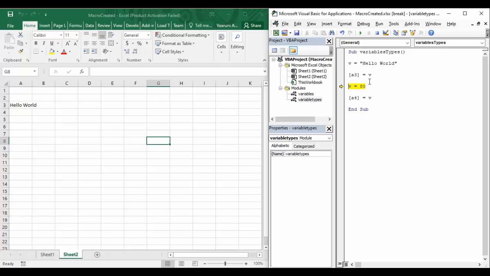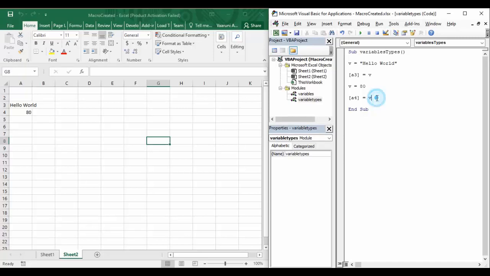Now the error must have occurred in this statement, but you can see that there is no error, which means that this statement is perfectly fine with regard to Visual Basic. Now v is holding a numerical value, so the data type of the variable v is now an integer. And if we execute this last line, A4 equals v, you can see in cell A4 we have got the value 80, which means that it is perfectly fine with Visual Basic that once a variable is declared with a particular data type, you can reassign it to any data type that you want.